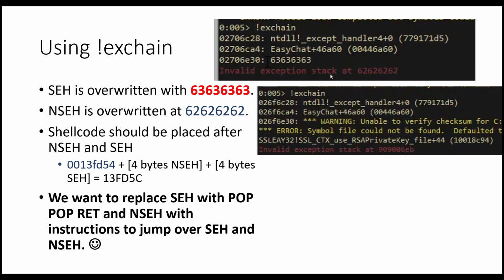And then the NSEH is then overwritten by 6262. So that's awesome. So now that we had narrowed that down, then we could go and find a pop pop ret, or we could do some other mechanism like add ESP 1000 and then return. However we may wish to do that,